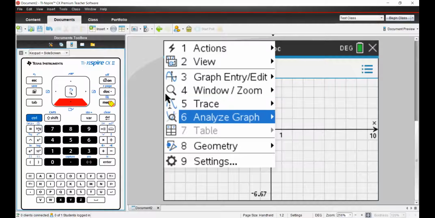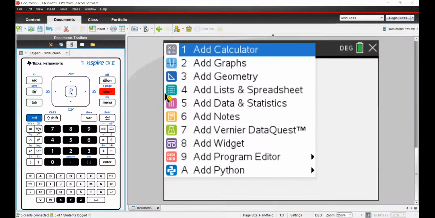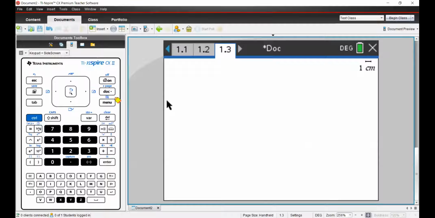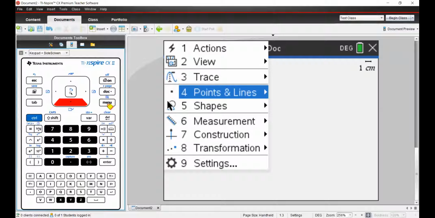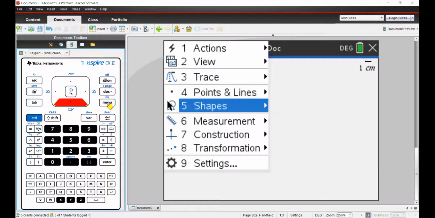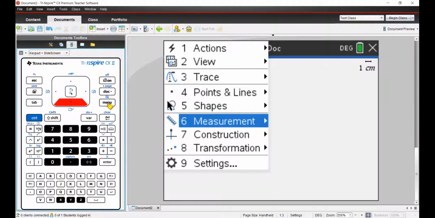Okay, so here you can only do the steps related to graph. You can add a geometry application and you can click menu. You can see a different set of menus available, which is exclusive only for geometry. You won't get confused with algebra, calculator, graph, or geometry. It will only give you the options which are available for geometry only. Like you can draw points and lines, you can do shapes, you can measure, you can do construction and all